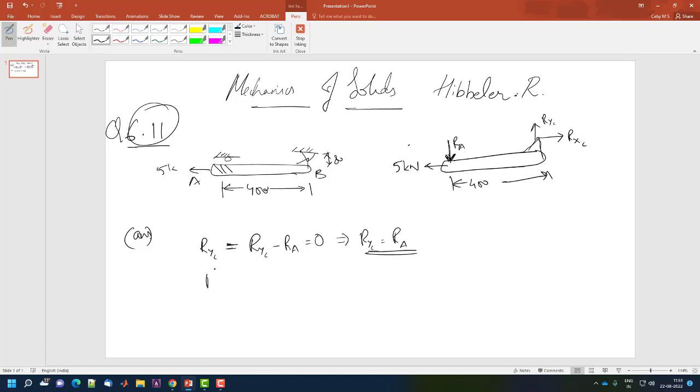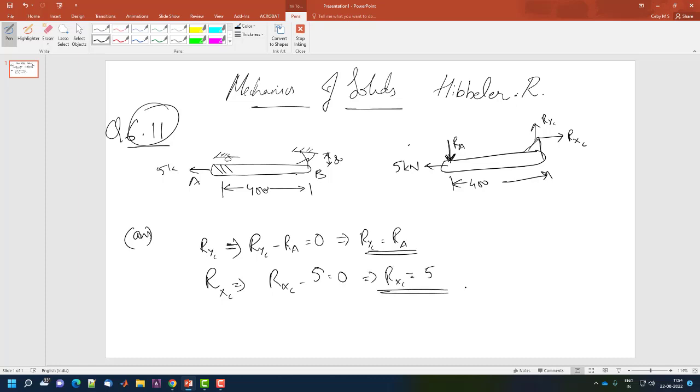Fine. RXC, how do we get it? By solving the equilibrium equation in x direction, whereby RXC minus 5 is equal to 0,